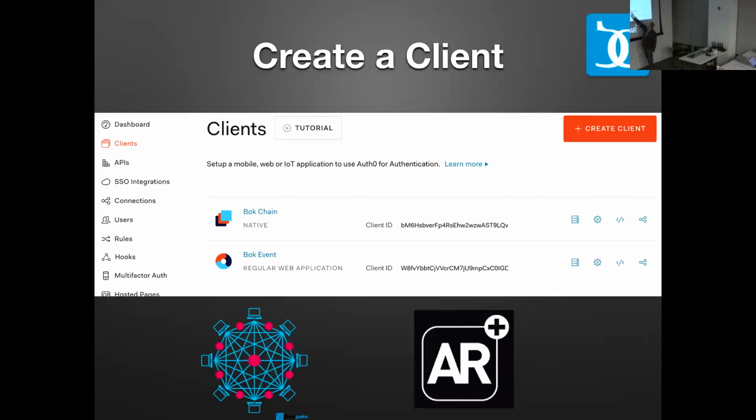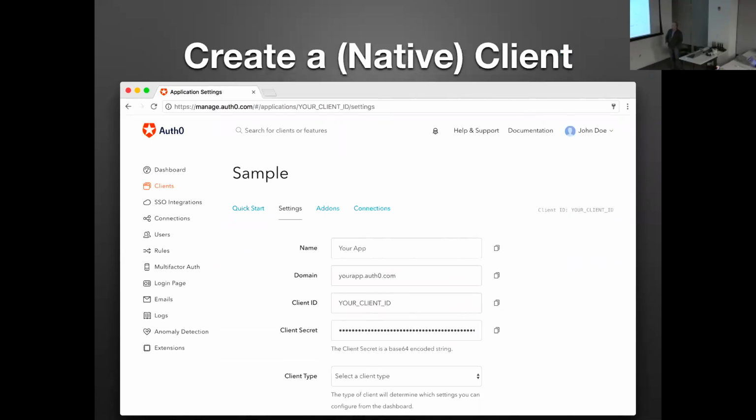And there's client IDs. These go inside of either your website backend or this ID, as you'll see later, that's inside of the Android app in the strings file. But to create your own client, it's pretty straightforward. It's a screenshot of one of their settings pages. You have a name of your app, and it'll create a domain for you, I think based on this name. And this will also be inside of your Android app. And then it'll generate a client ID, which will also be inside your app, both of these in the strings file. And it generates a client secret.